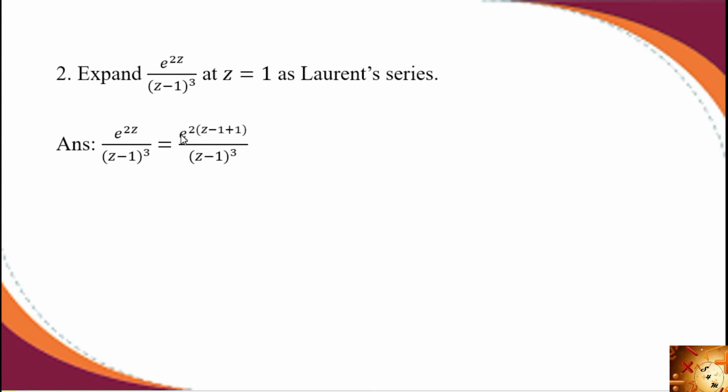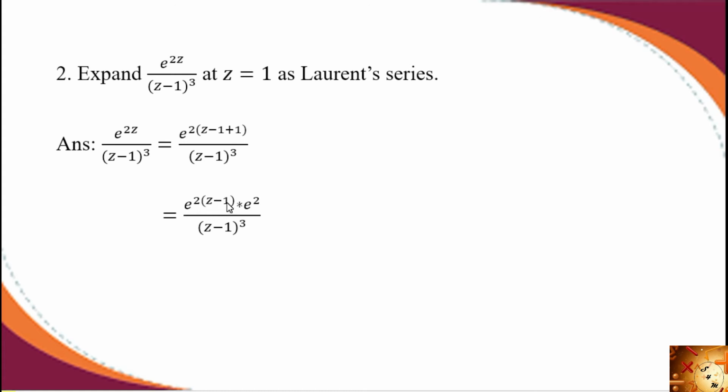to z. So e raised to 2 into (z minus 1 plus 1) divided by (z minus 1) whole cube. Then multiplying 2 inside, e raised to 2 into (z minus 1) plus 2, which means e raised to a plus b form. That is e raised to a into e raised to b. So this will be e raised to 2 into (z minus 1) into e raised to 2, divided by (z minus 1) whole cube. E raised to 2 is a constant term. Already the denominator is in the factor form z minus 1. So e raised to 2 divided by (z minus 1) whole cube into